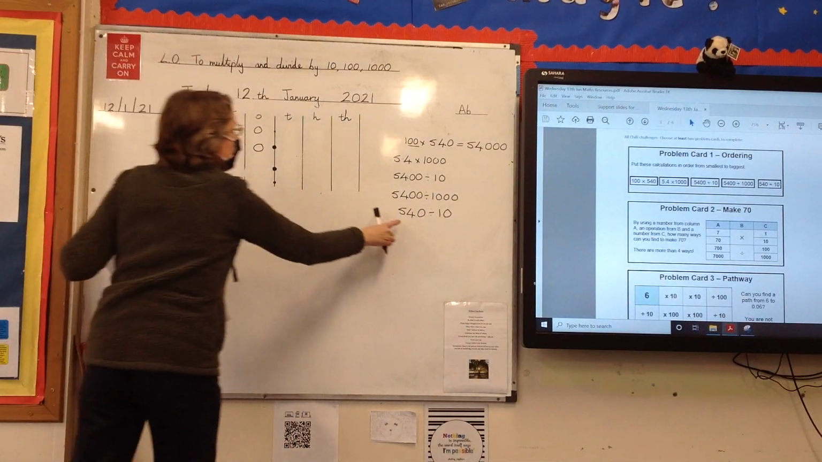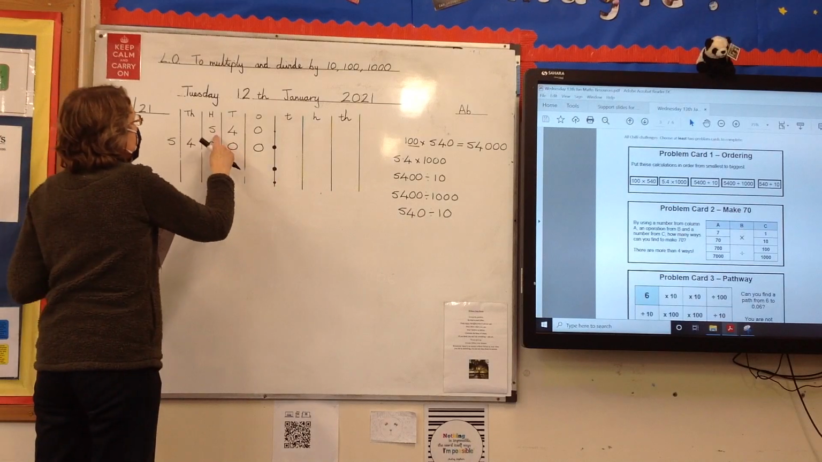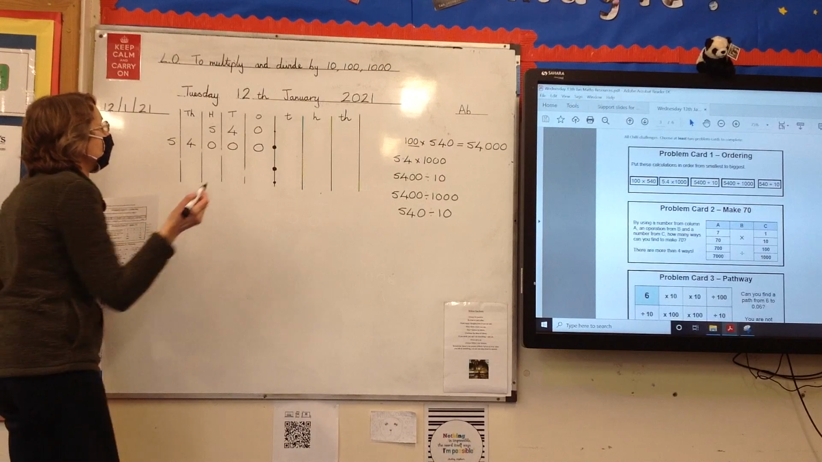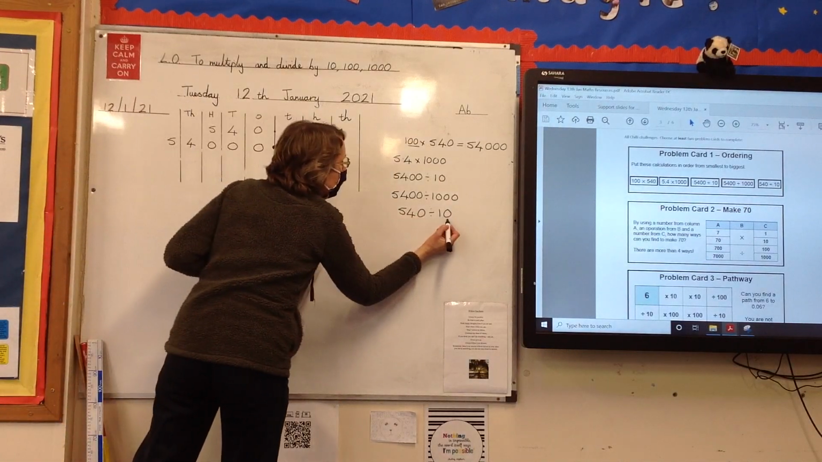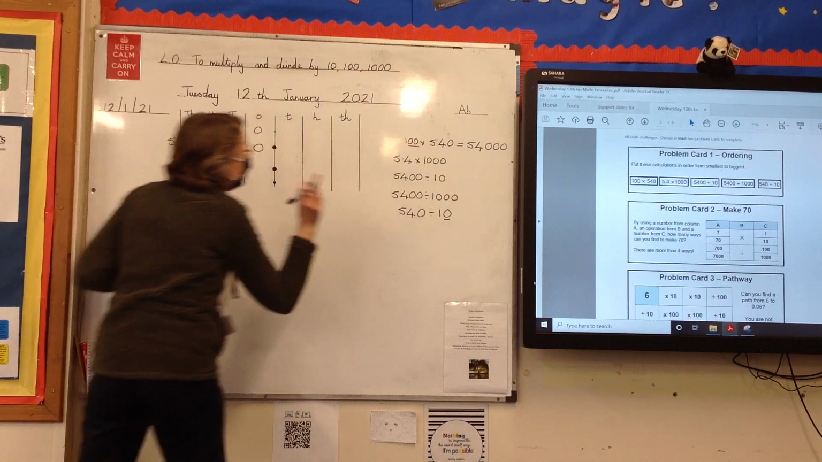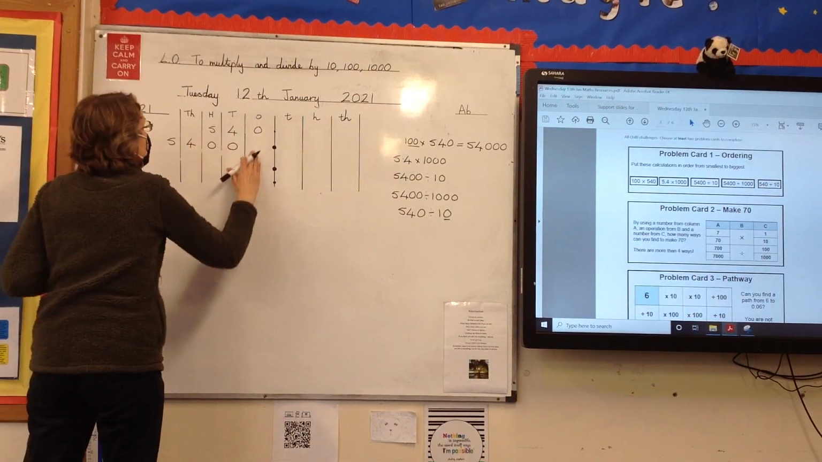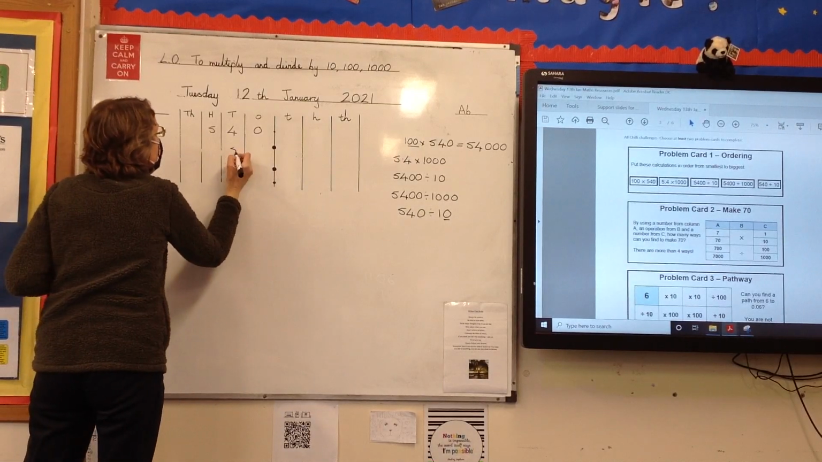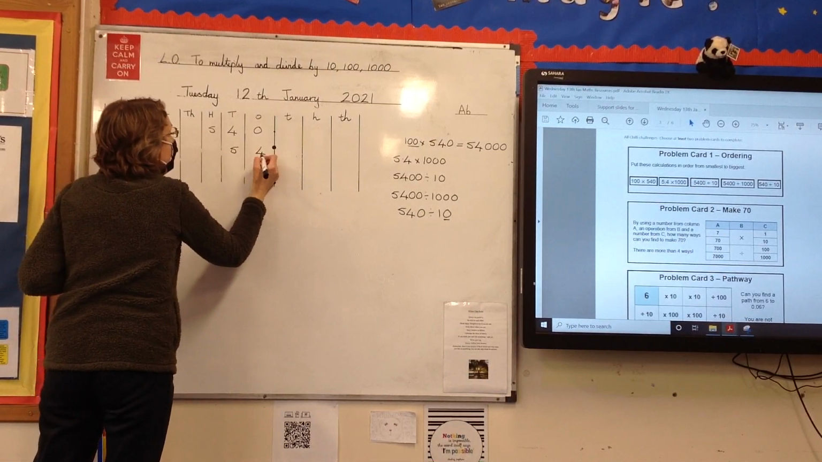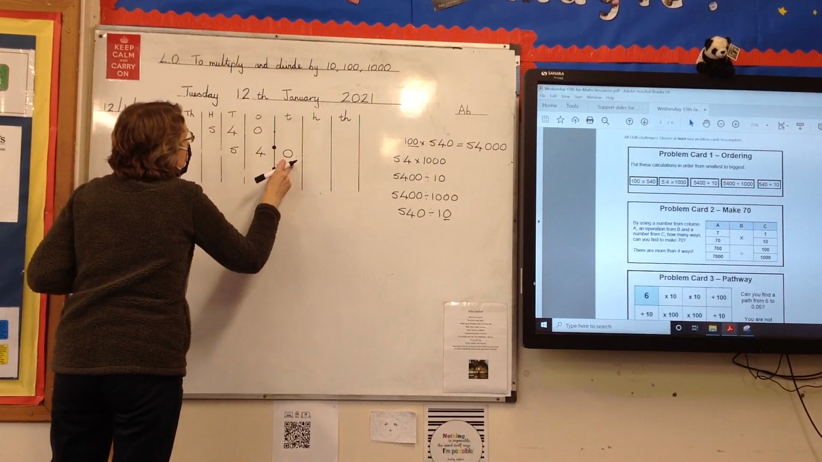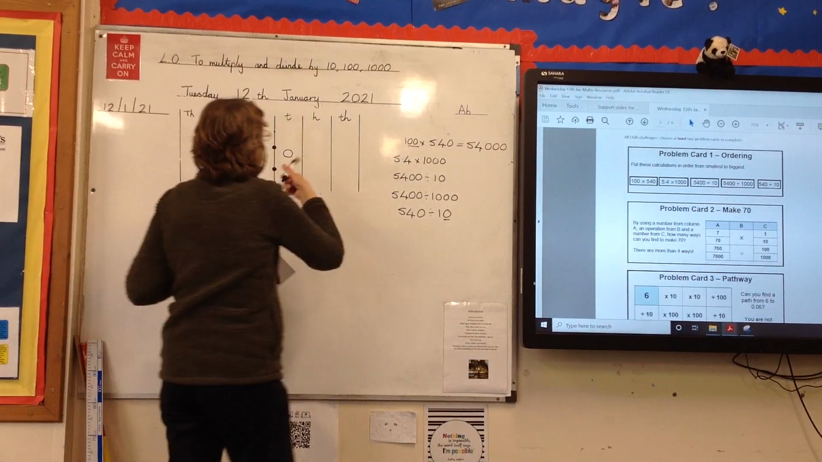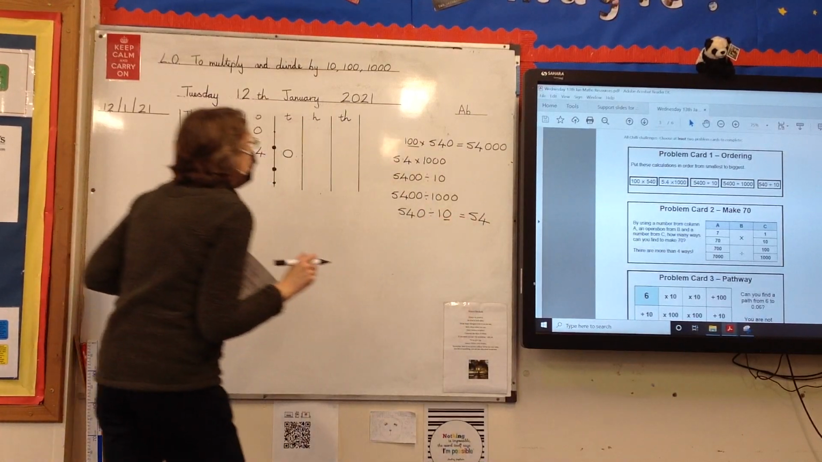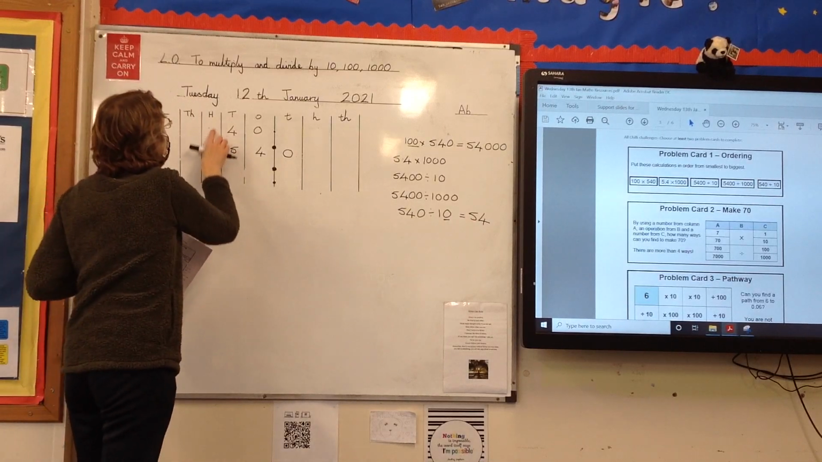Now, 540 divided by 10, so that's the same number but divided by 10. Am I making it bigger or smaller? Smaller. So how many places do I need to move it? 1 place. So, let's get rid of those. This time I'm going to move the 5 into the tens column, the 4 into the ones column, and the 0 into the tenths, although we don't really technically need it because there's nothing there. So that will make that into 54. Okay, then we've got 5.4,